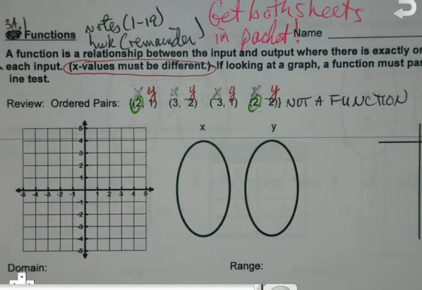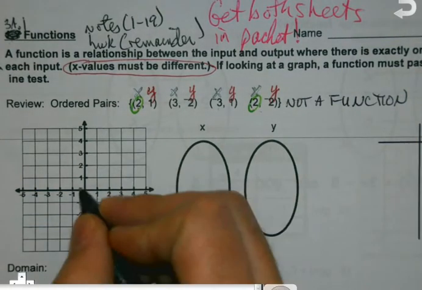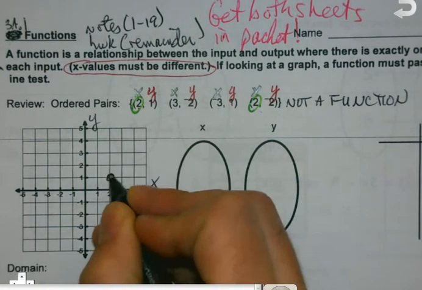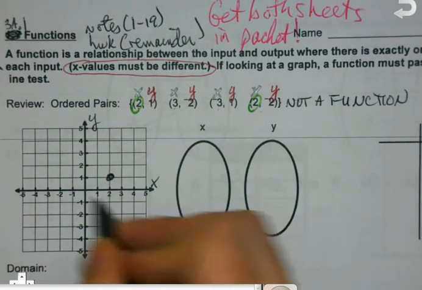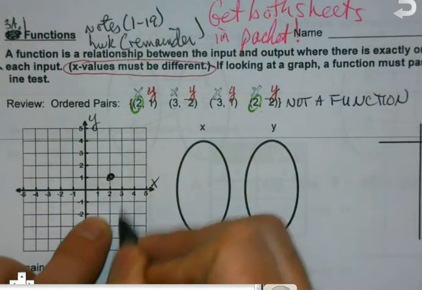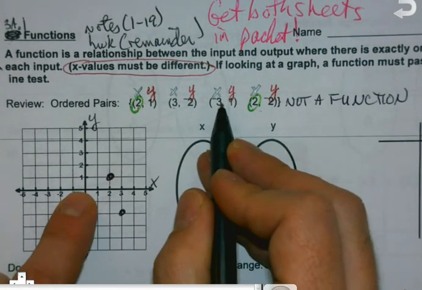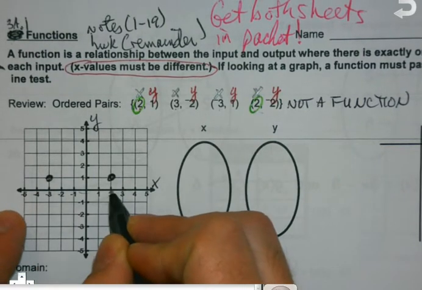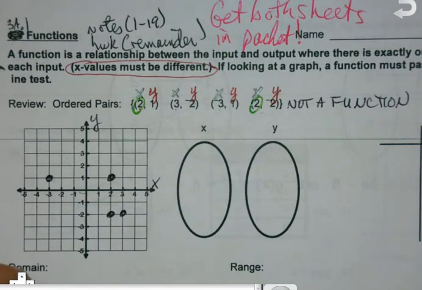So if I can visually see, if I go and graph these, so 2, 1, I'd go right 2 and up 1. Then I've got 3, to the right 3 and down 2. Then I've got negative 3, to the left 3 and up 1. And then to the right 2 and down 2. Now you're like, okay, so I got all these points here. So what? When I'm looking at these graphically,